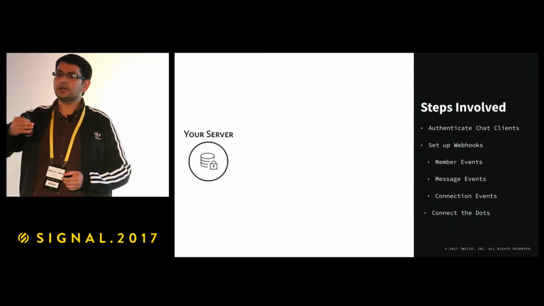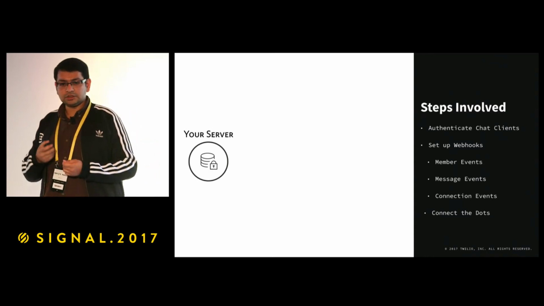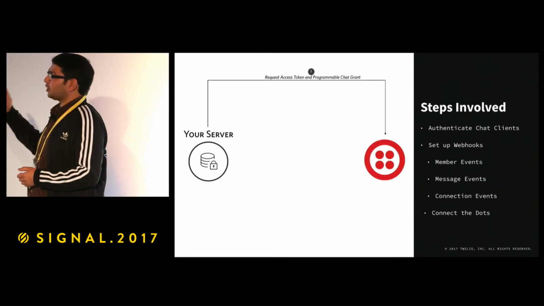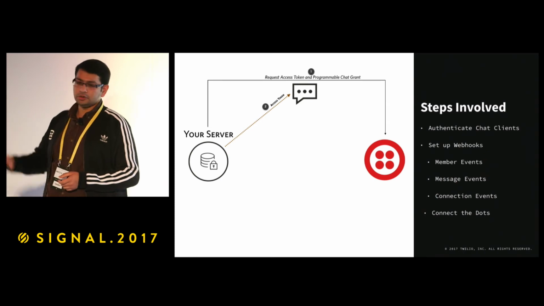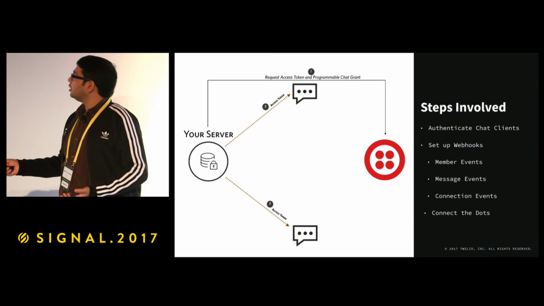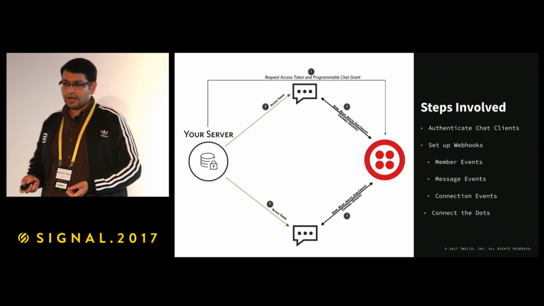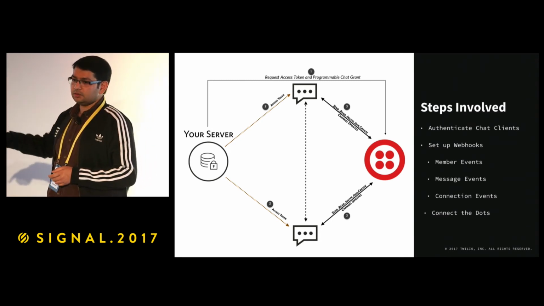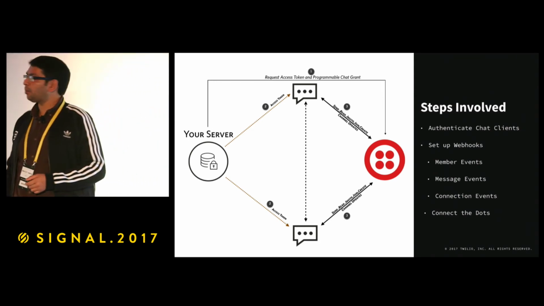So whenever a chat client fires up, is initialized, it needs to be authenticated, to confirm that it should be allowed to send messages. This is when your server would go and request an access token from Twilio and then send those access tokens to your client. So this could be a web app, a mobile app. Now they are authorized to send messages to Twilio, create channels, read messages, all these things. And what essentially you have done seamlessly is created a channel between these applications to chat, but it's going through Twilio and you're getting a webhook into your web application.